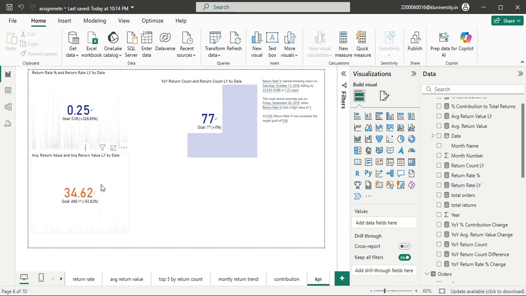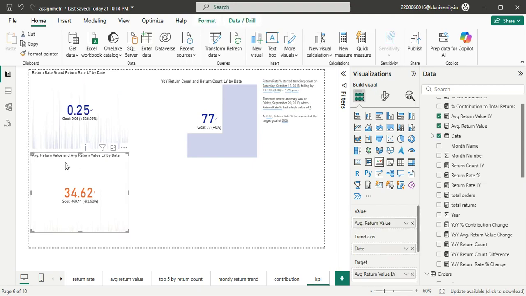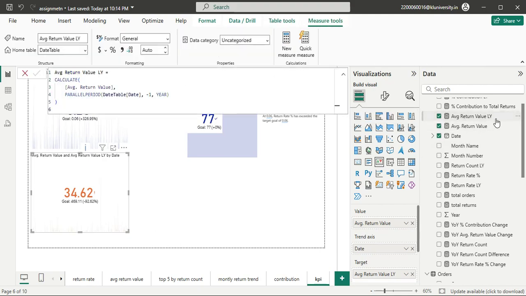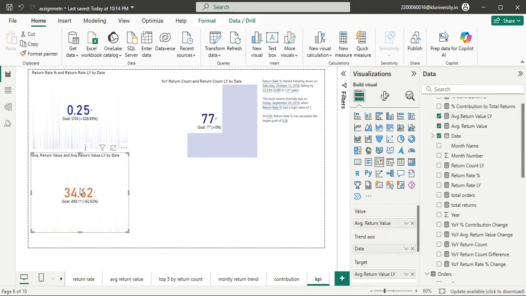And next one is average return value. We have already created average return values, like here. And we also need to calculate a DAX function for average value last year. We can use parallel period -1 year, so it calculates the last year. After we have seen this, the goal is slightly decreasing here, so it is not as good as